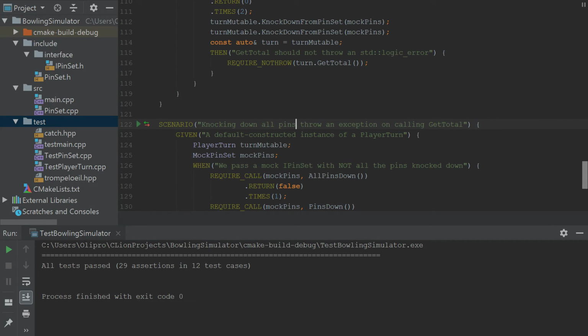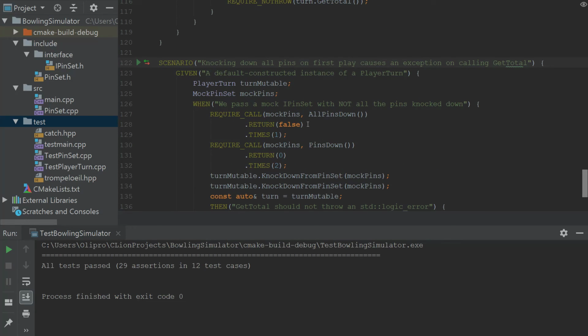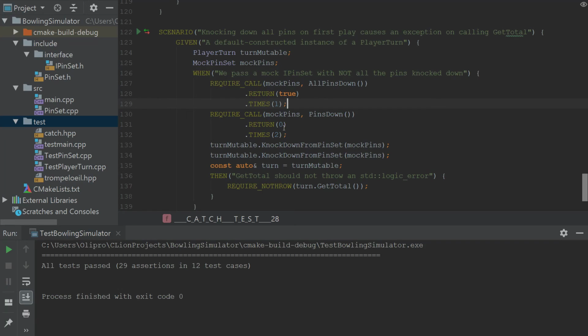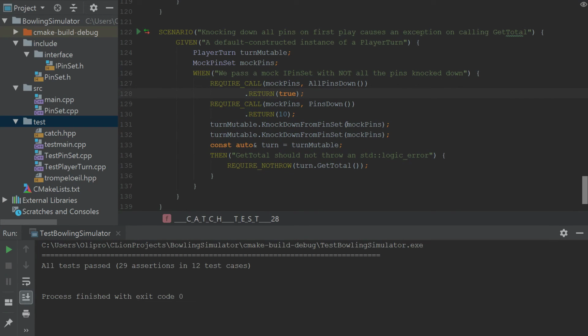Knocking down all pins. Cause an exception, I'm calling get total. But only one flag. Actually, no, it's knocking down all pins on the first flag. Cause exception, go. Okay. So now we expect this to return true once. It should return 10, obviously. It's only once, so I'm going to simplify this. And we're going to call, actually no, not calling get total, calling